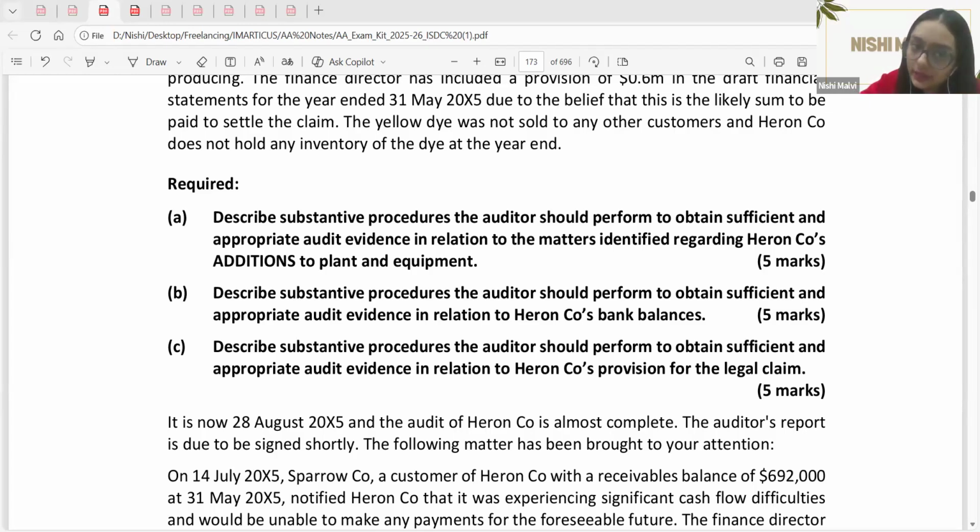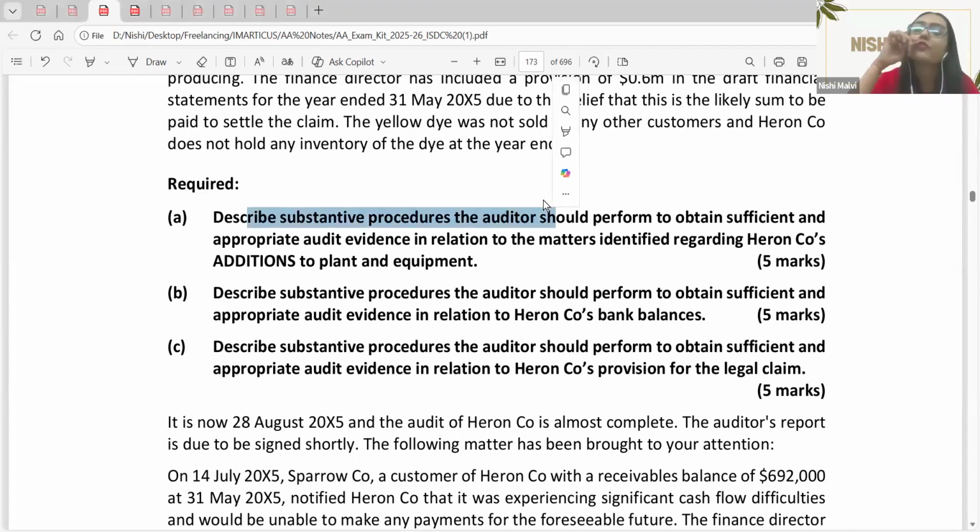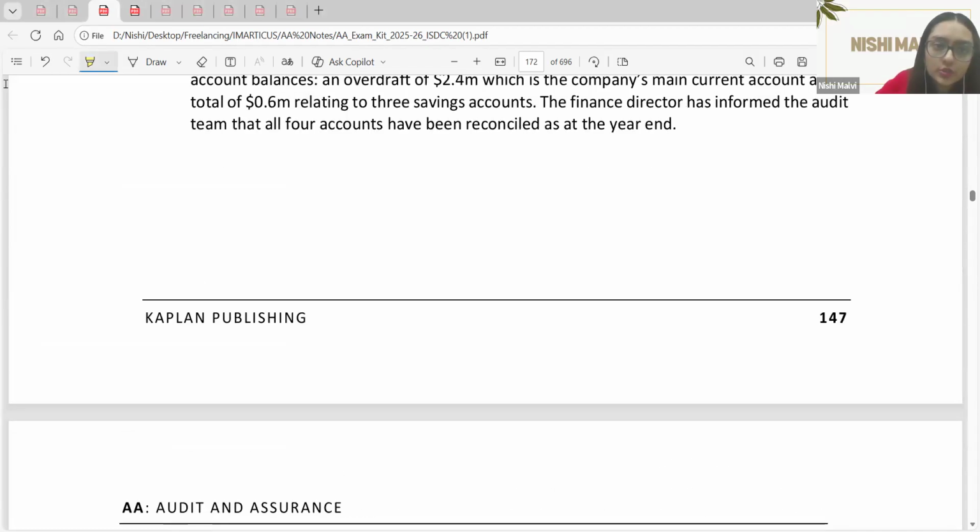All right. They describe the substantive procedures the auditor should perform to obtain sufficient and appropriate evidence in relation to the matters that are significant regarding Heron Company addition to plant and machinery. Check for the addition to plant and machinery. Okay. So yeah,